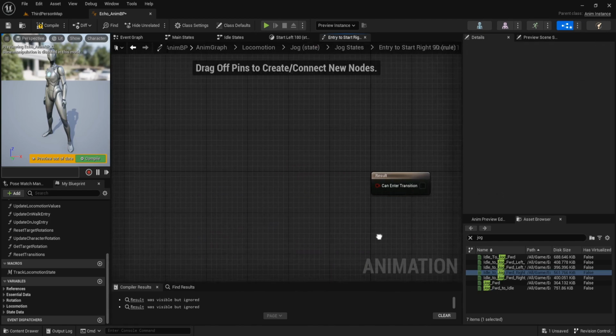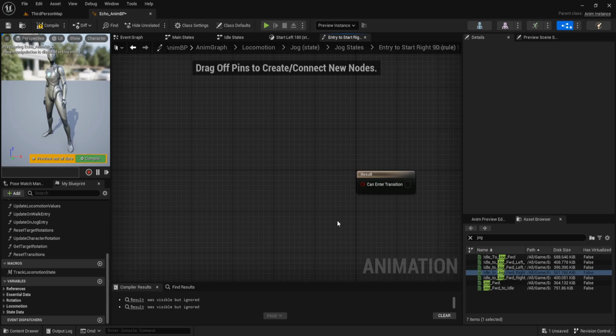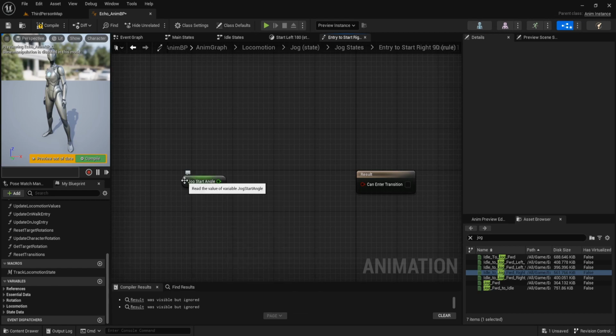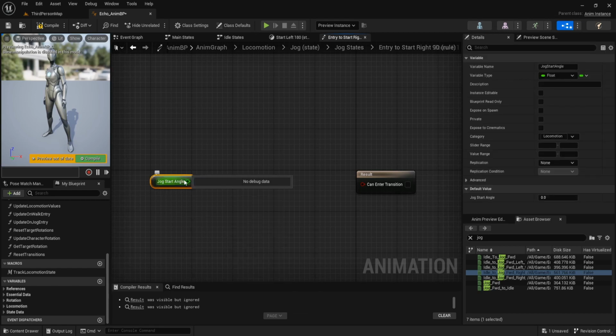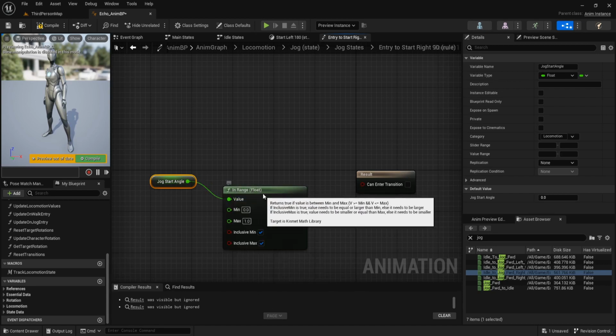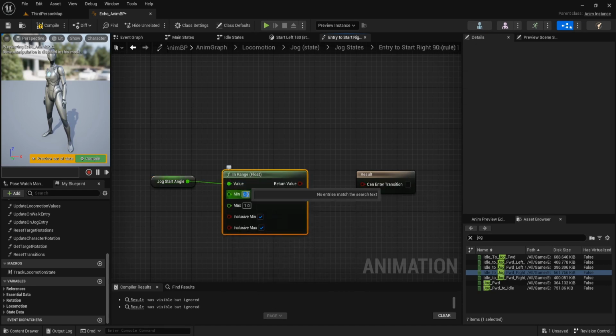This is the 90 degree. Get jog start angle and in range. Min is 45. Max is 135 and set the min to false.